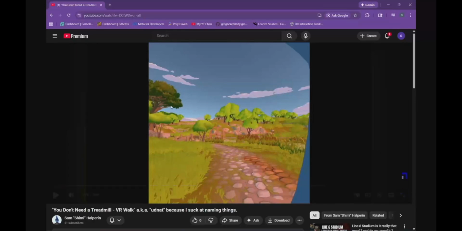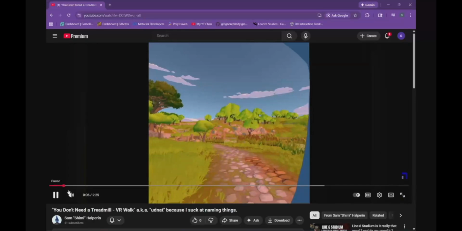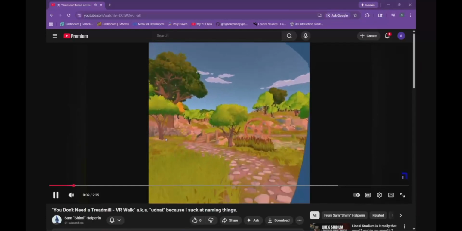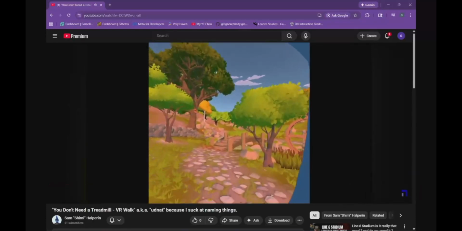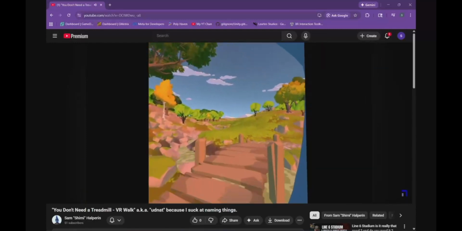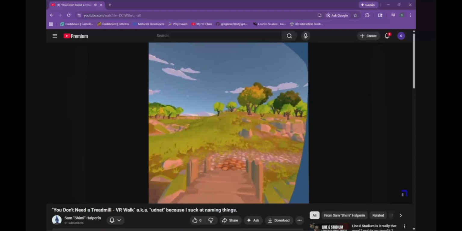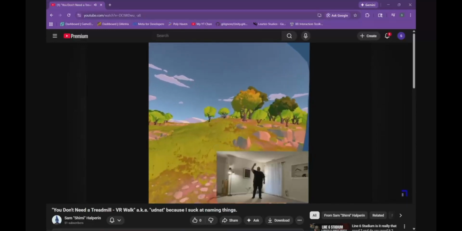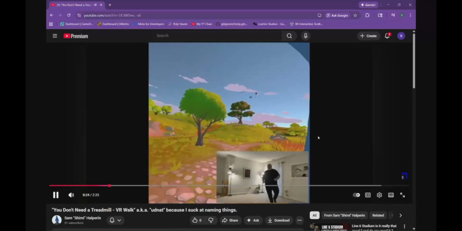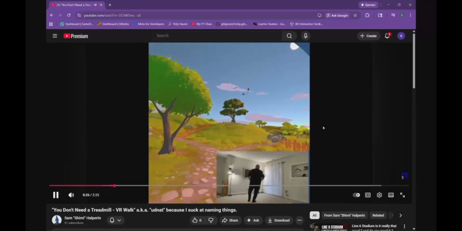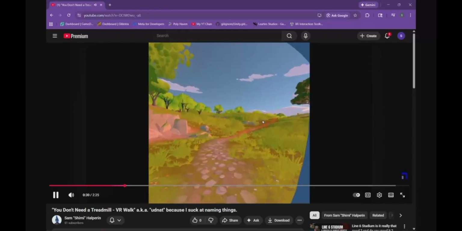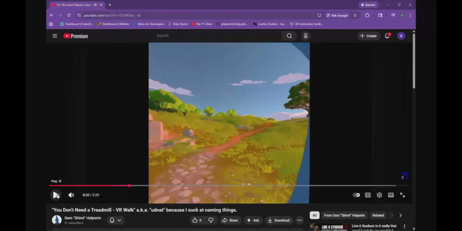I posted a video today that was a demo of this sort of walking simulator. What you're looking at here is me marching in place in my play space. You're looking at a recording from the Quest. This is my play space here. I'm marching, turning, etc. This was the demo video I released a couple of hours ago, and I just felt the need to